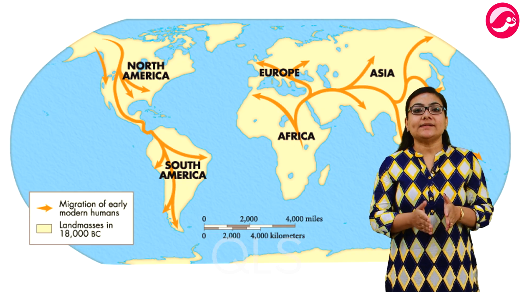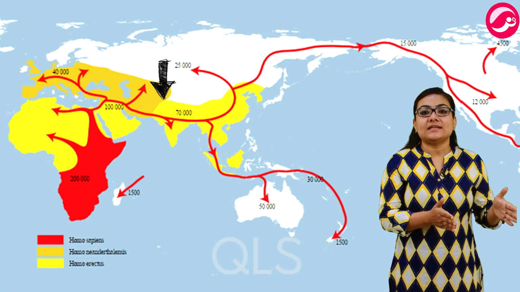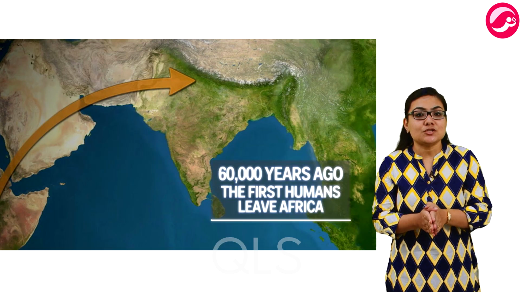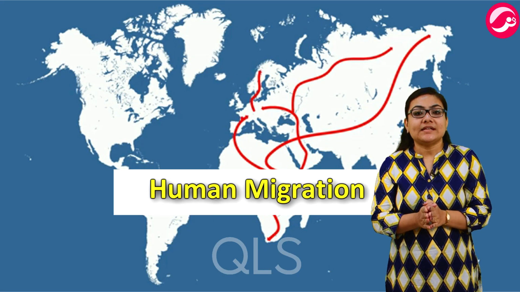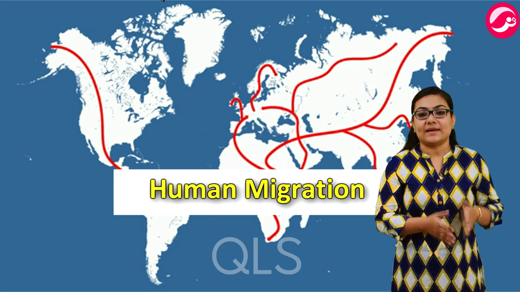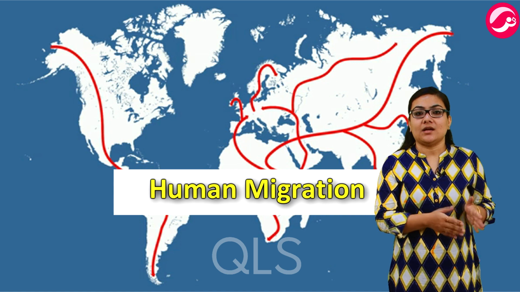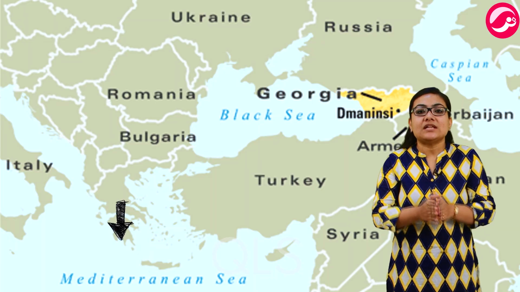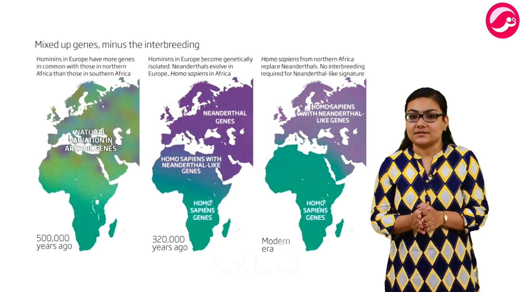The humans migrated in different directions from that area. One branch went to Western Asia, then to the Indian Peninsula and finally to Australia. And from the Indian Peninsula, a branch migrated towards China and subsequently to North America. From North America, the humans migrated to South America. From the Mediterranean Sea, the second branch migrated towards Europe, where they are believed to have replaced the Neanderthals.